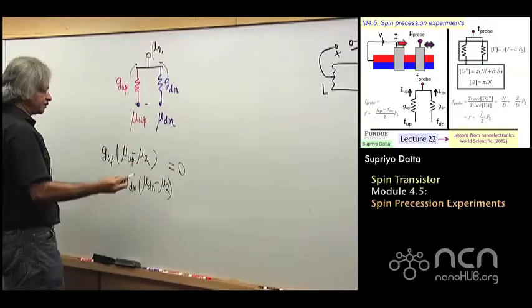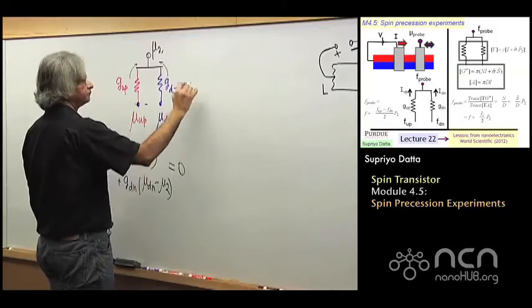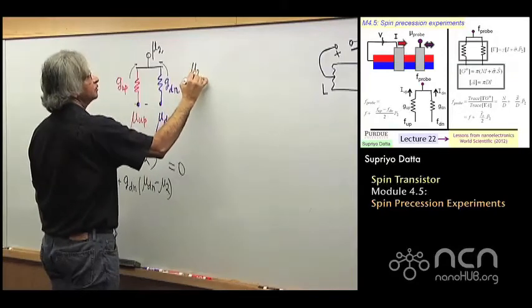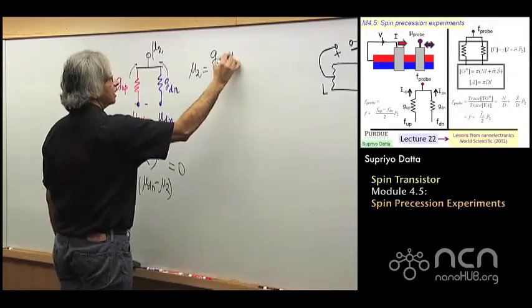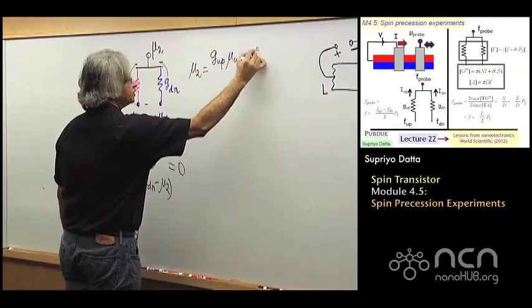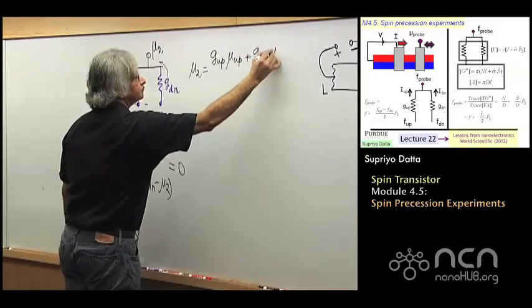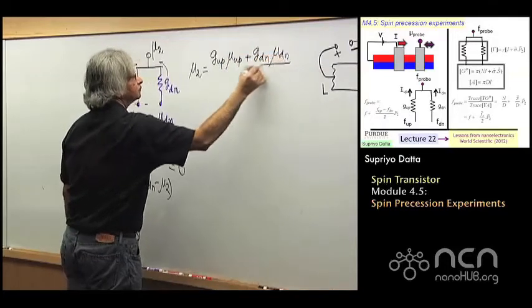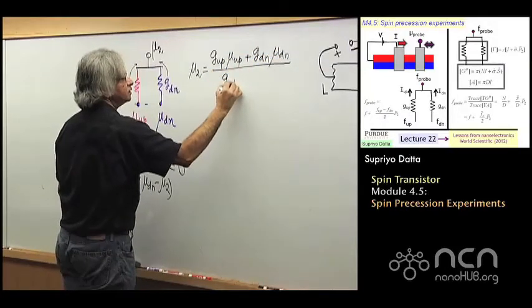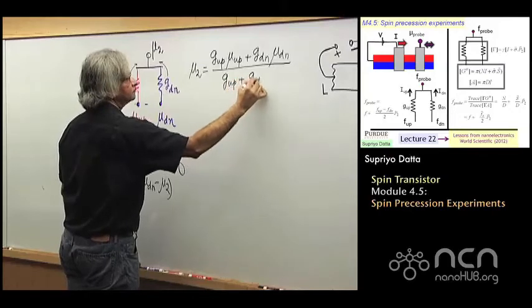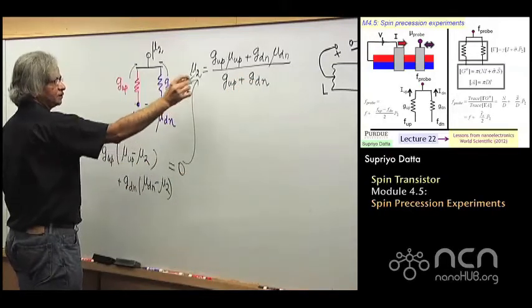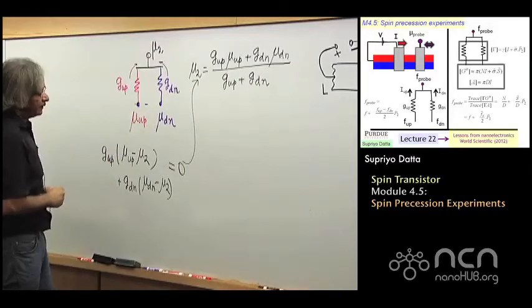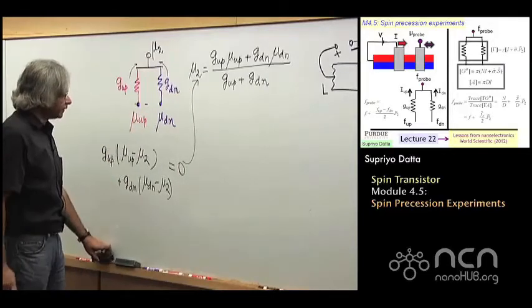And with just a little algebra, you could write mu2 is equal to G up, mu up, plus G down, mu down, divided by G up plus G down. So from here is just a little algebra to get there. And this is where I think what we had